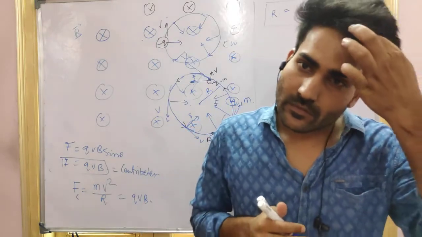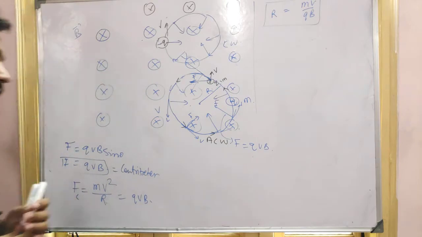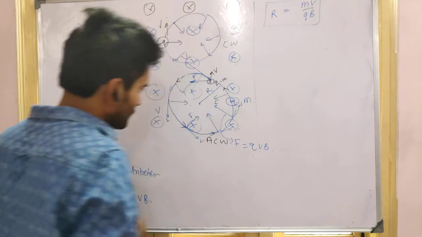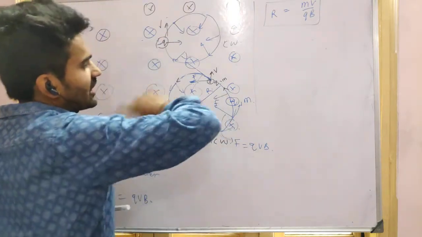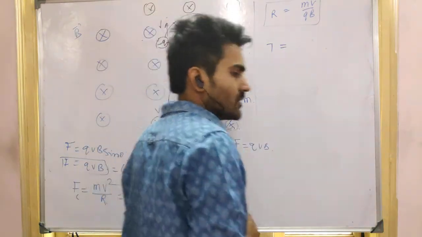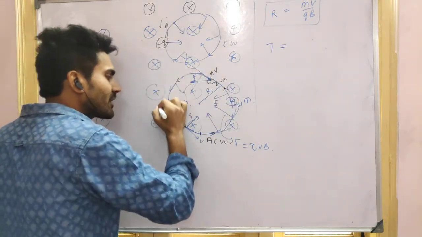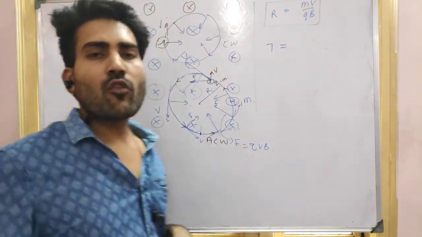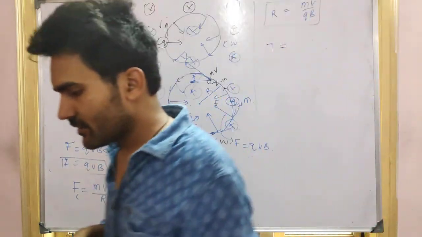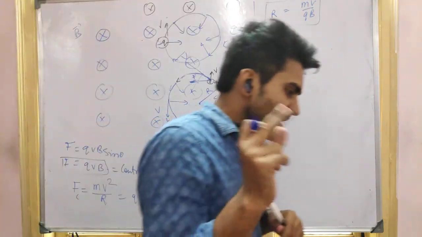Tell me, guys. Tell me yes or no? Okay. Now, can you tell me, guys, if this particular charge is moving in this radius, what will be the time period? See, let's say it starts from here and it is going all the way around the circle and coming back to this point. Can you tell me what will be the time taken by this particle to move a circle? What is the total path it covered? What is the total distance it covered?